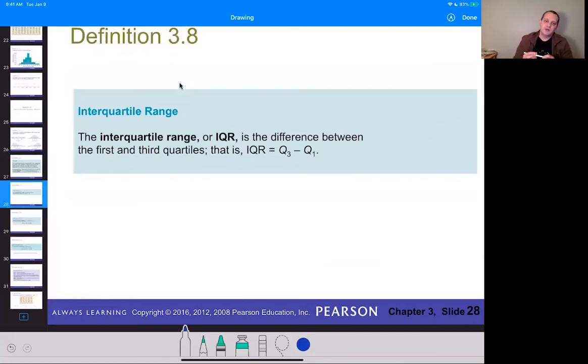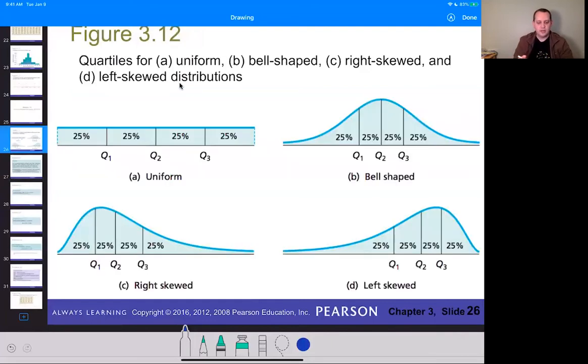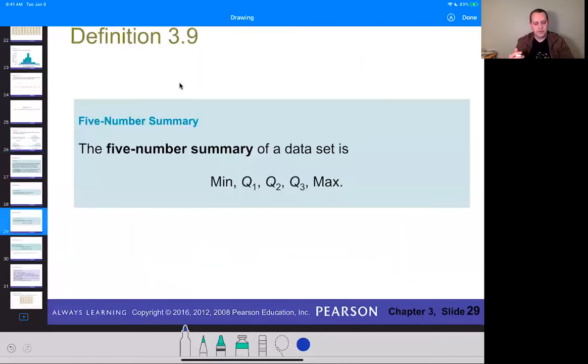There's what's called the interquartile range, or IQR, which is defined as Q3 minus Q1. And roughly half of the data should be between Q1 and Q3, because the quartiles have 25% of the data in each quartile. So if you were to think about Q3 minus Q1, that should have about 50% of the data, no matter what distribution we have, right? If we go from Q1 to Q3 in any of these, we should have about 50% of the data there. So that interquartile range is defined as